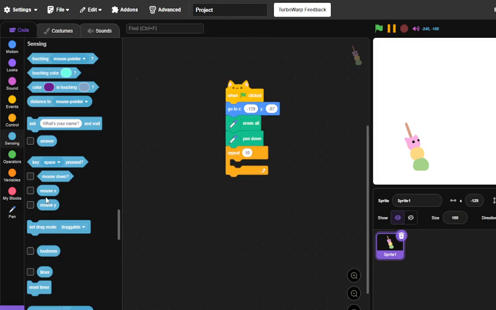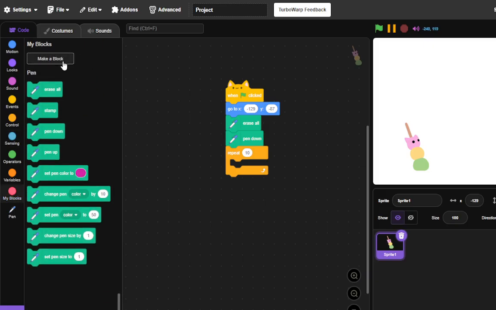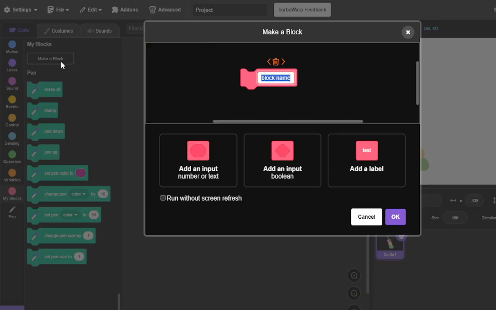Then we're going to repeat. Actually, we're gonna make a custom block. Move. Okay, we're gonna make a custom block for this, as we're going to have to use that repeat block multiple times. So we're going to move